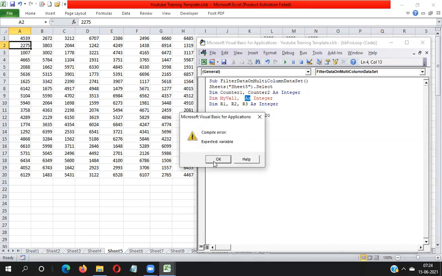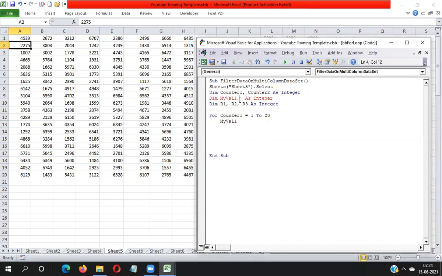No, sorry, no need to use my val here. For counter 2, no need to use this variable. Counter 2 equal to 1 to 8.